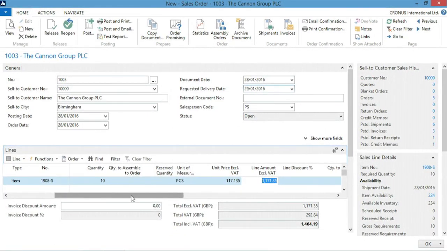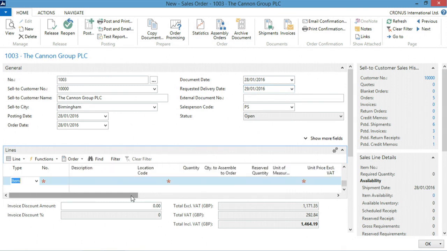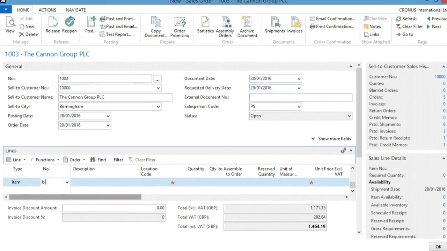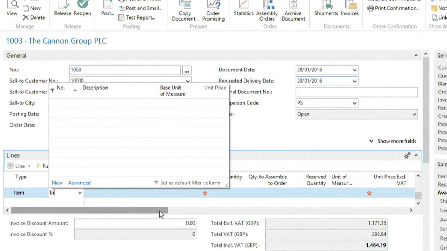And then we also have the filter as you type function. Now let me go to the second line. So suppose that I would like to enter a second item, which is a bicycle. I can start entering BI, as you can see here, and the system will now start searching for items where the number starts with BI. Now of course there's no item in my case that starts with BI because I would like to enter the bicycle. What I can do now is click on description,